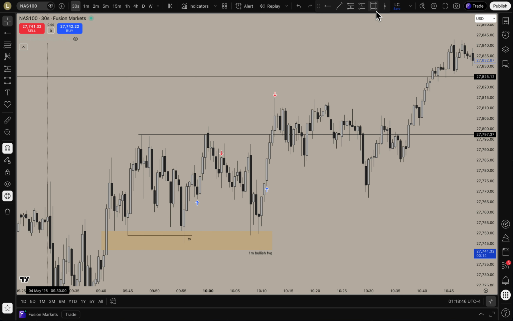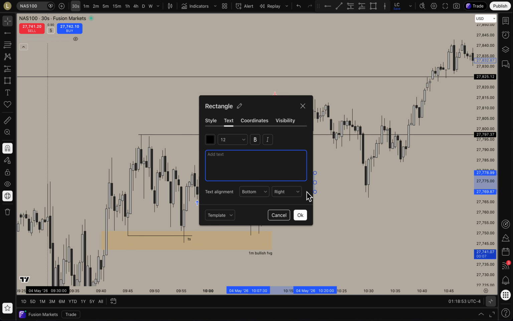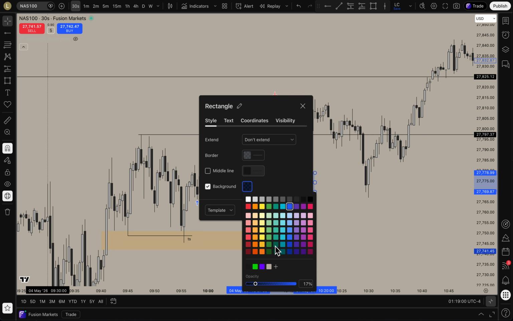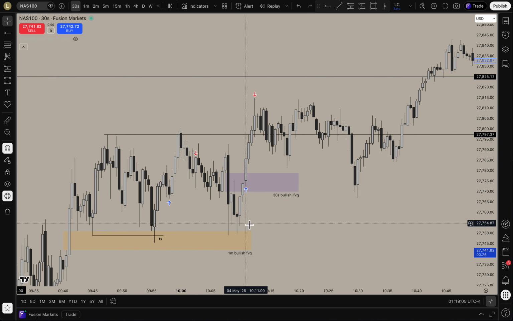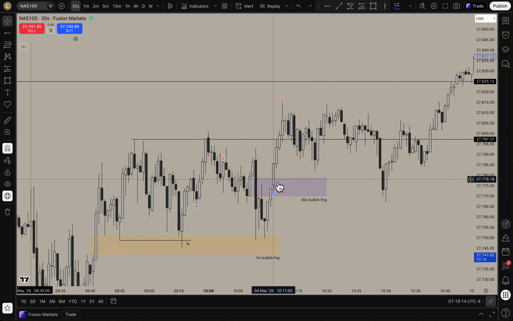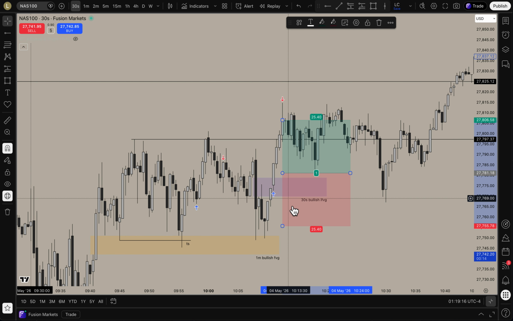We can see as well, with that displacement towards the upside, it created a 30-second inverse fair value gap, 30-second bullish inverse fair value gap. And let's put a background of maybe purple here. So as soon as price disrespected this 30-second bearish fair value gap, which is also known as 30-second bullish inverse fair value gap, I open up a trade here, right? Stop loss below the